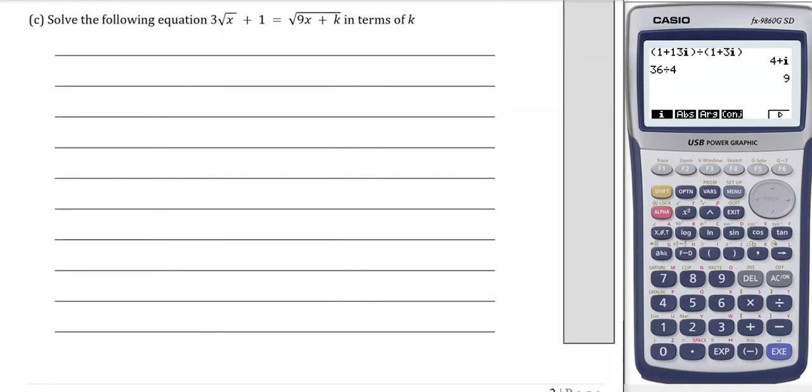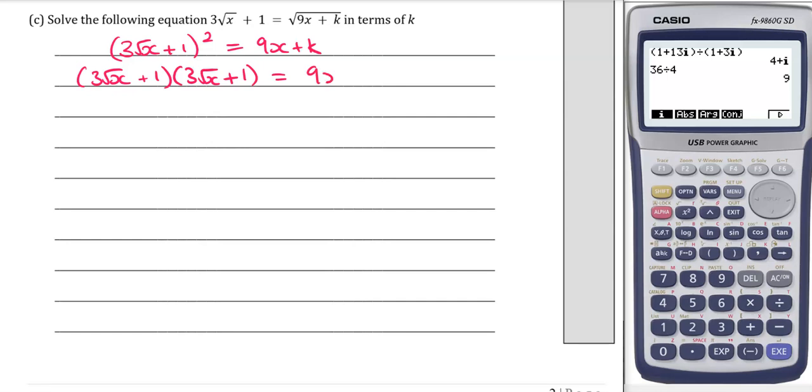Right, for part C, we're on to a merit type of question. So we want to solve this equation. I'm first of all wanting to get rid of the square roots by squaring both sides. So that means that it will be like this. Okay, so the right-hand side, when I square it, I can just remove the square root. The left-hand side is the place where people will make mistakes because they'll square the individual terms and not square the whole thing. So if we square 3 root x plus 1, I'm going to write that out fully so you can see